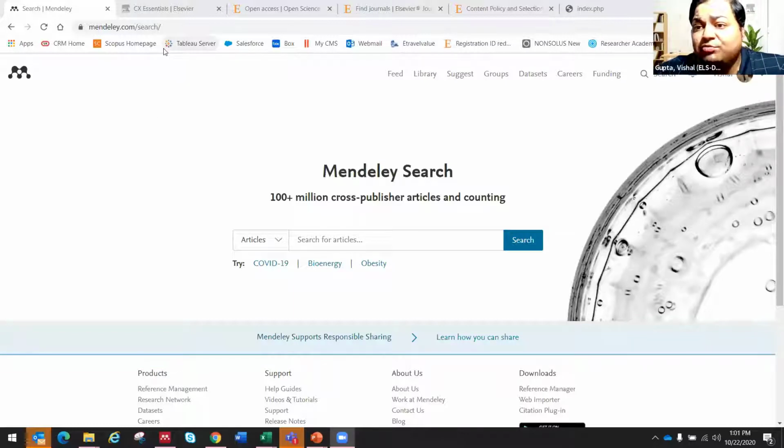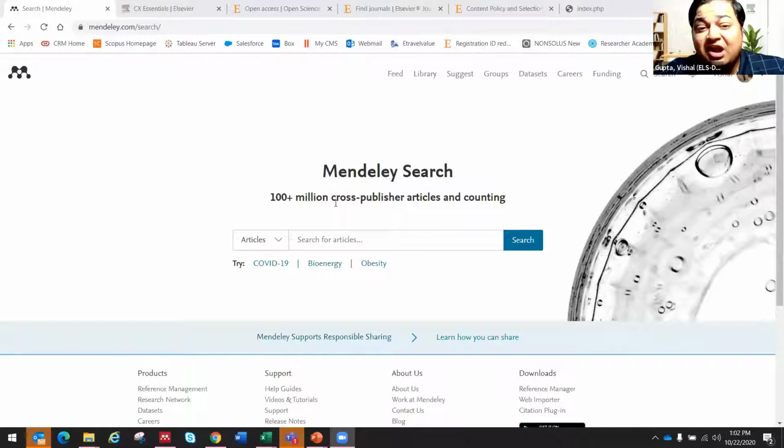Once you have logged into Mendeley, the homepage will look something like this, right? And right now, this is the landing page of Mendeley where you can search research data on Mendeley. And these are all open access. All these data points available on Mendeley are research data from published peer-reviewed content, right?